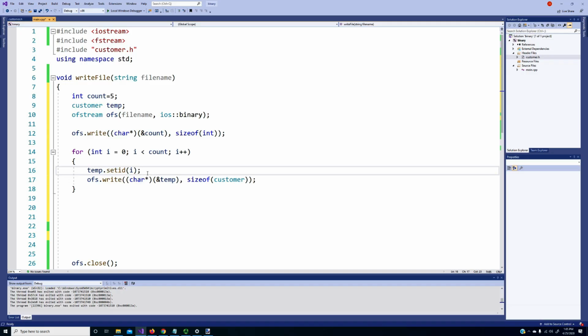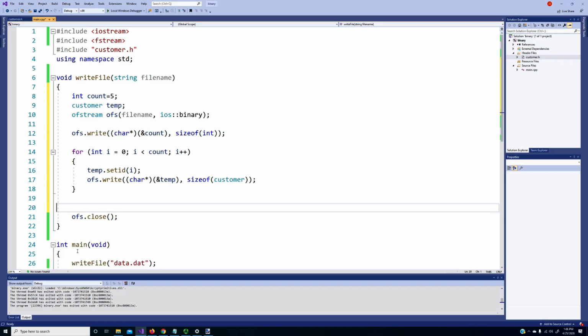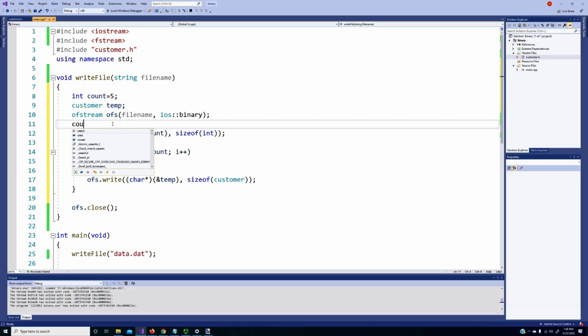This is just basically to show you how to output a user-defined data type as binary. It's usually what I do for most of my lectures, start out with binary input and output at this point with just this simple example. And then after this output, one thing I would like to look at is the size of customer, so that we can look at our file and make sure that yes, we have 5 customers in there plus an extra 4 bytes,